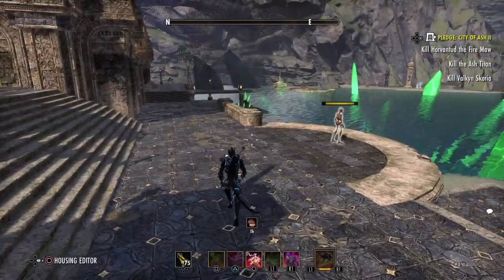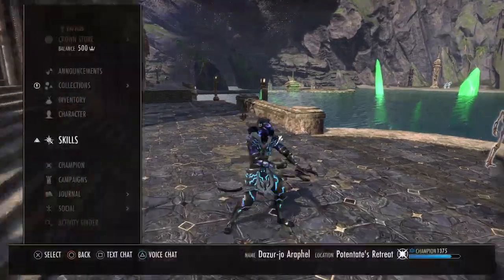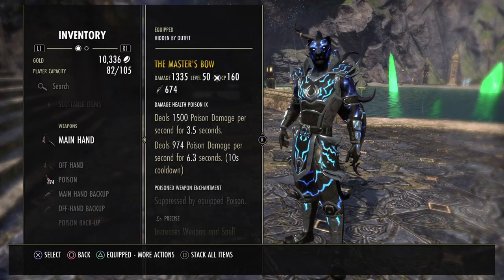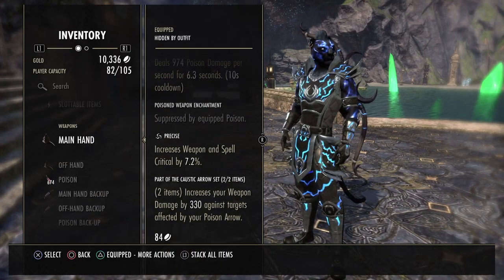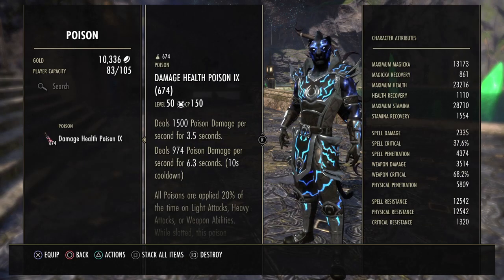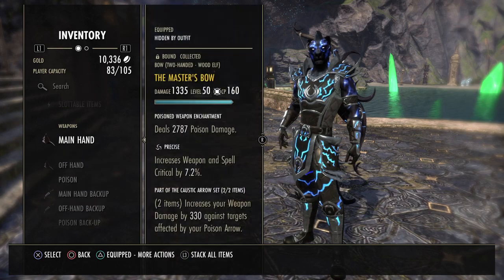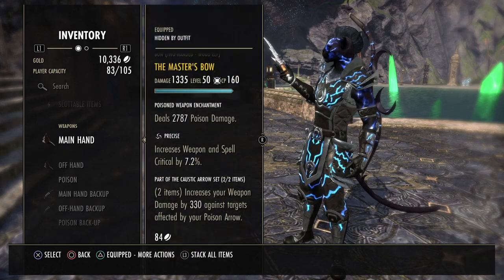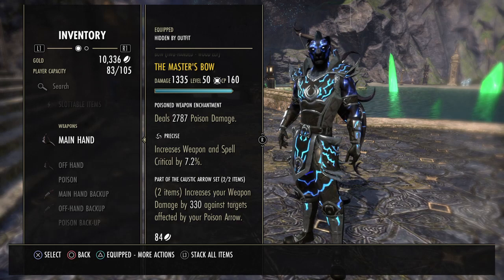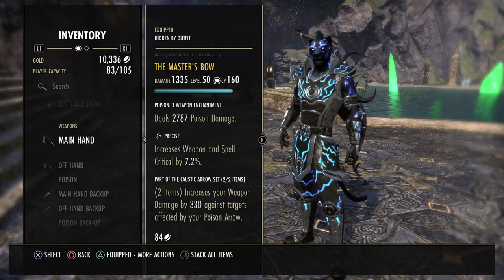Okay, let's look at the sets for the bow build. We are using the Master's Bow on the front bar. This one in Precise. You don't actually need to put poisons on here, because lethal arrow poisons things anyway. Just put a poison glyph or a disease glyph on the front bar, you'll be fine. So the Master's Bow in Precise, if you can get the perfected one, I just haven't been able to really